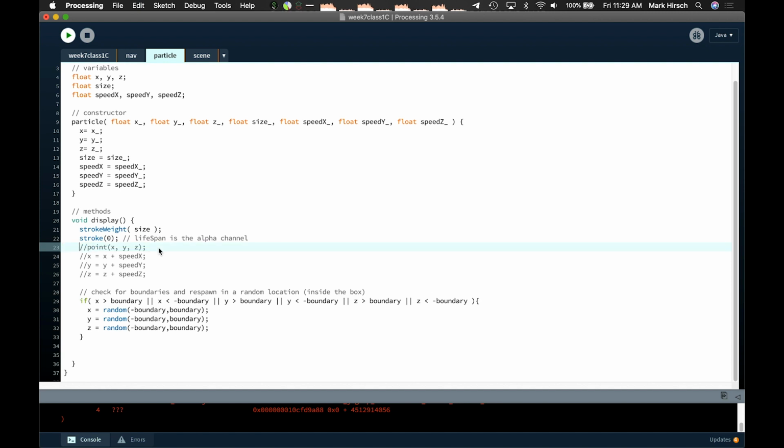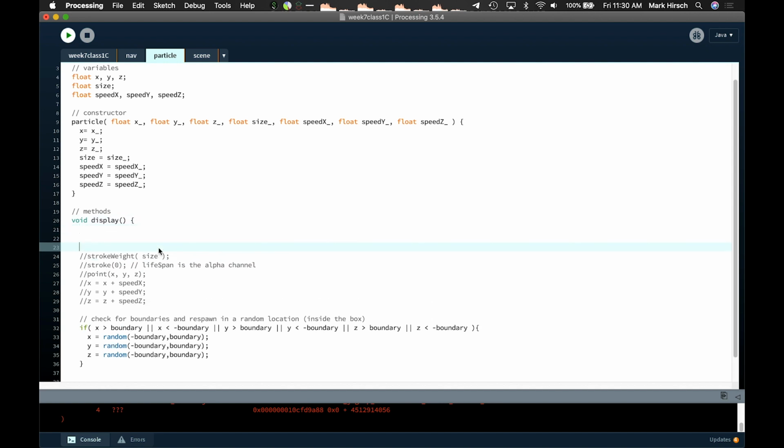Okay. And in fact, we're not going to have a stroke or a stroke size anymore, so I'm just going to comment all those things out. So now our hand is going to be our actual particle. One thing that we need to note before we get into that